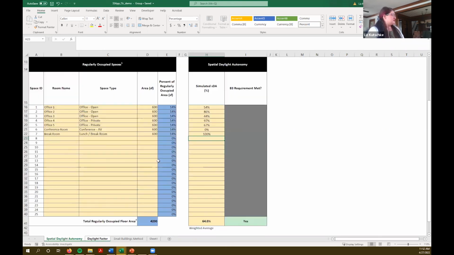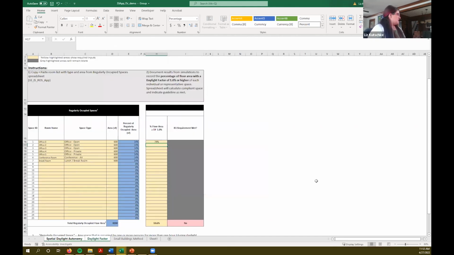So as the simulations are completed and results are entered in this tab, the spreadsheet will calculate compliance based on the resulting spatial daylight autonomy and the weighted area of that room. These rooms are all the same size, so they're weighted the same, but obviously in real projects they aren't. So the spreadsheet is designed to accommodate that weighting of area and automatically turn green, the green yes, when it is achieved. And similar functionality in the daylight tab